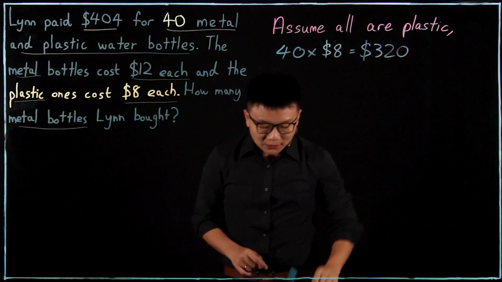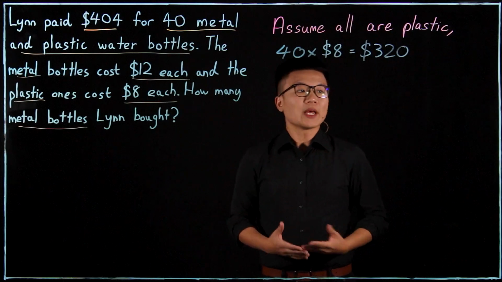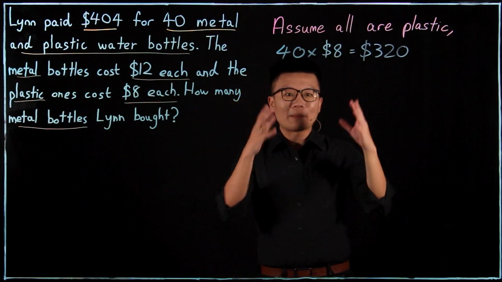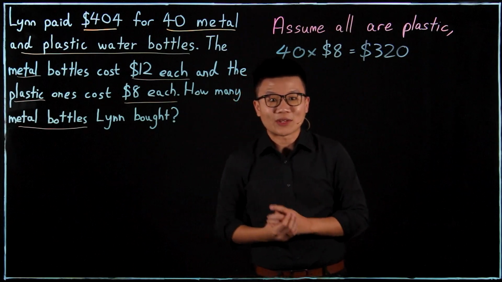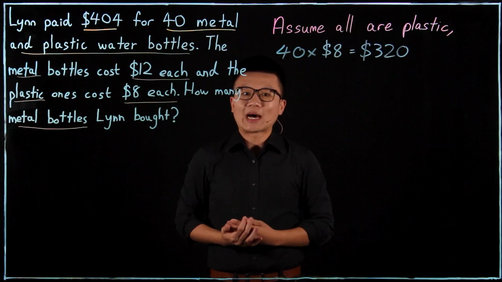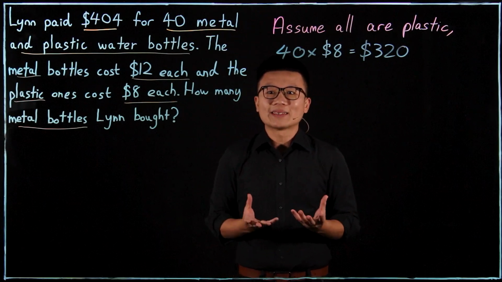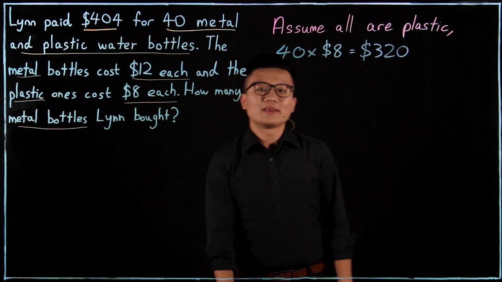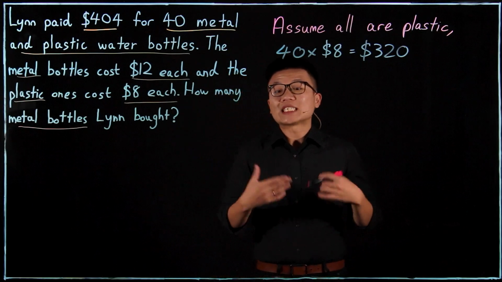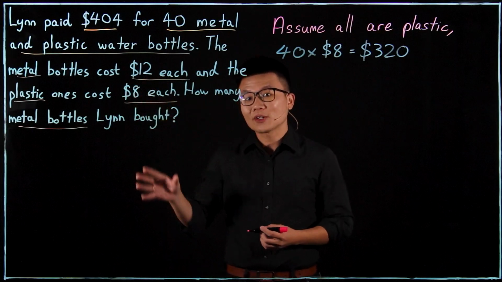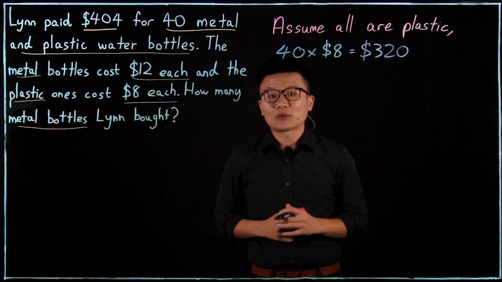$320. So you can imagine Lynn heading back home, and Lynn probably tells her mom, hey mom, I've got a great deal, I bought so many bottles, 40 plastic bottles, and I've only spent $320. But probably Lynn's mother is going to ask, I thought I gave you $404, where is the difference? Then Lynn realizes, oh, there is a big gap. There is a big gap as to how much she is supposed to spend. She's supposed to spend $404, but in actual fact, she only spent $320, so there is a big